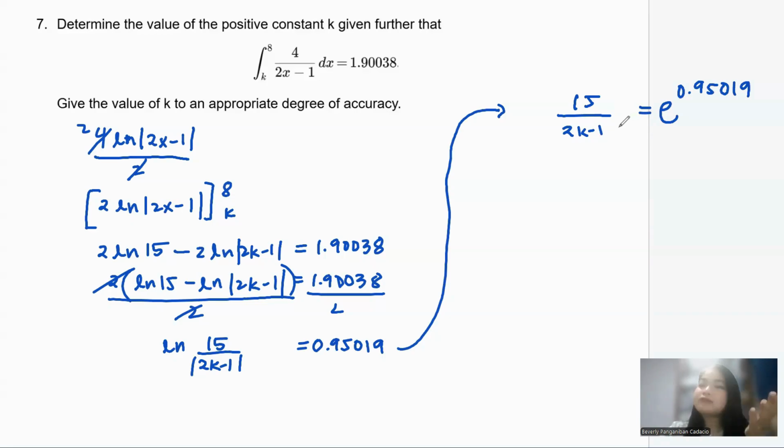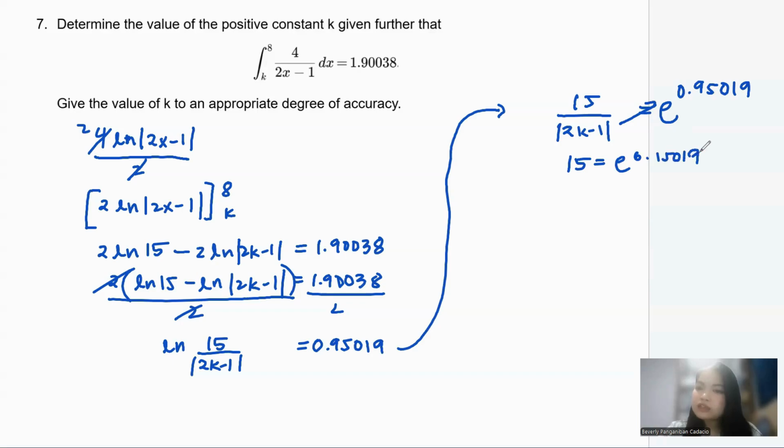Well, basically, we know that it must still not be negative, right? Okay, let me just put it there. And then you can just put that in the calculator, and you know how you can do that. You can do cross multiplication, it's up to you, because you want to cancel 15, or maybe other students cannot visualize it, but it will look like this. 15 is equal to e